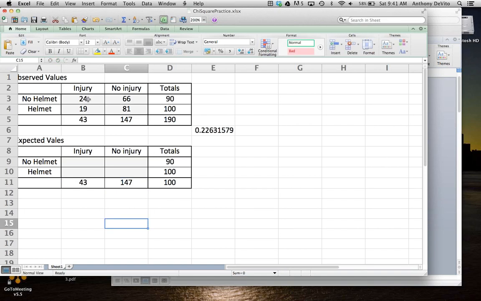Okay, now the thing is, though, we see a difference in the proportion of people that had head injuries depending on whether they wore a helmet or not. Well, this is the real data. This is what we really observed. And we're going to say to ourselves in our expected values, we're going to say out of those 190,